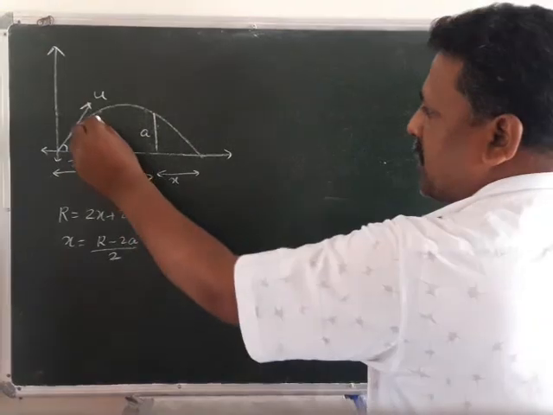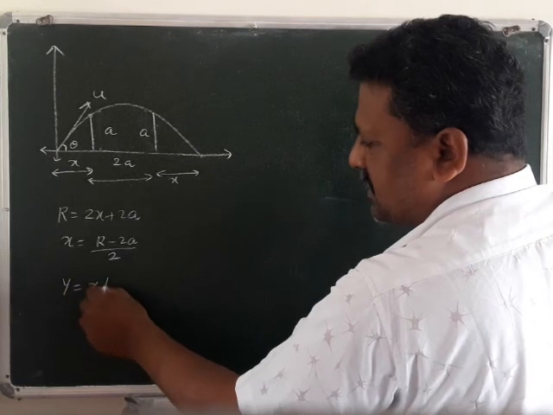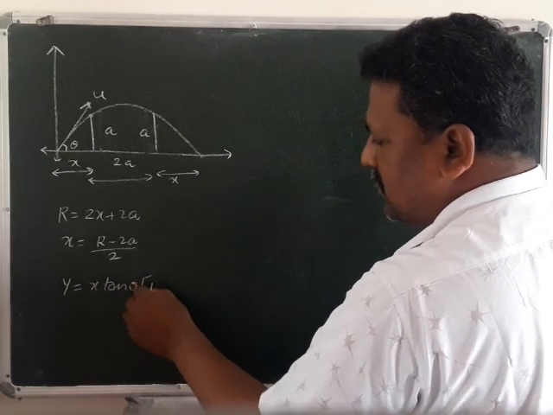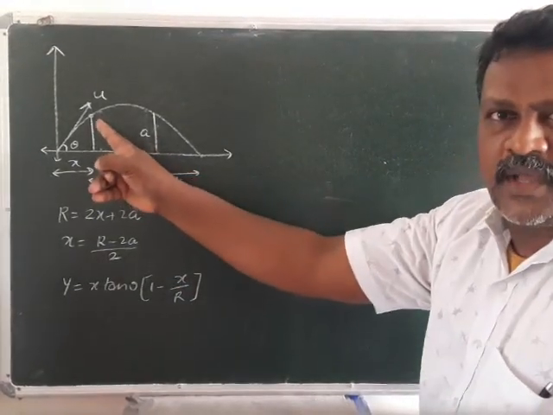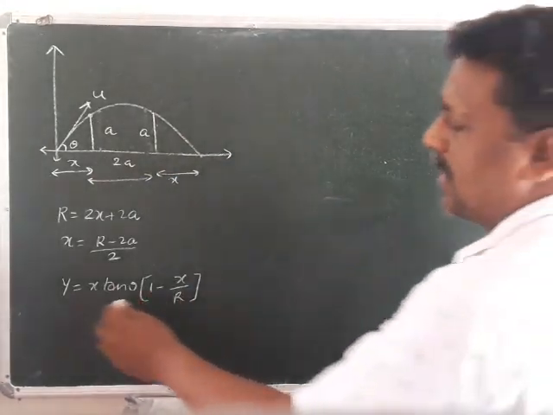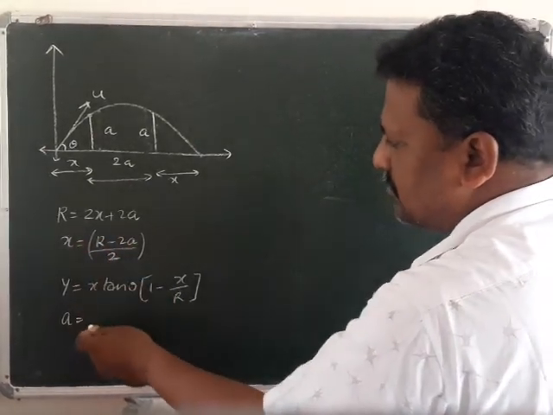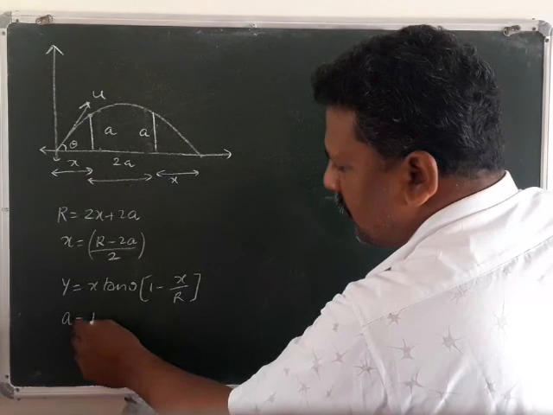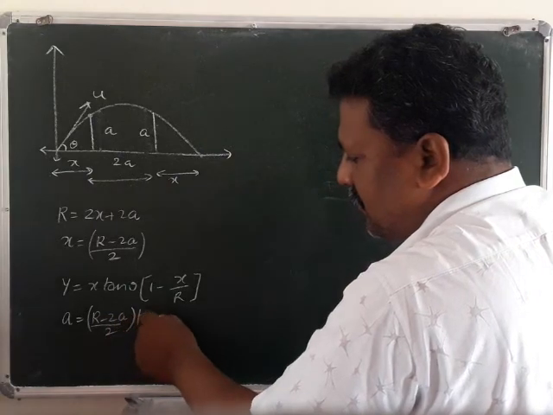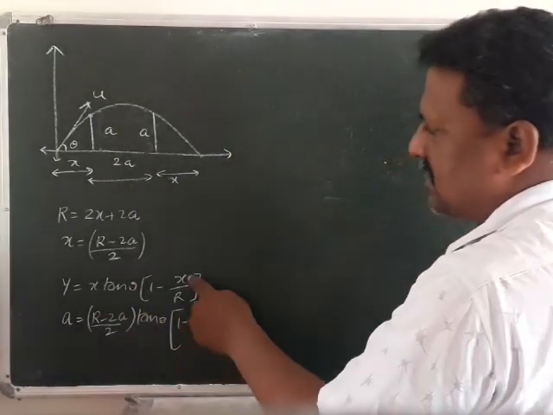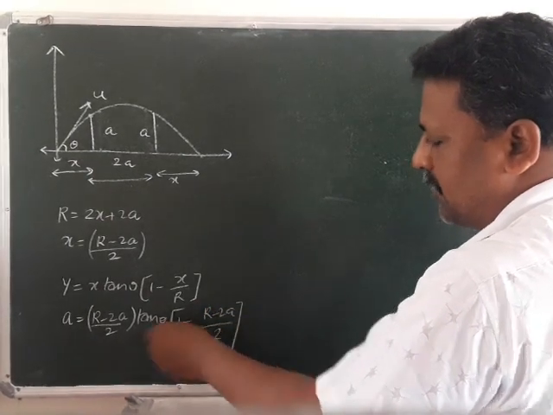Actually, the representation of this point is indicated as y is equal to x tan theta in bracket 1 minus x by R. At this point, y is a, and in place of x, put the value (R minus 2a) by 2. So a is equal to (R minus 2a) by 2 into tan theta in bracket 1 minus (R minus 2a) by 2R, and if we simplify this,